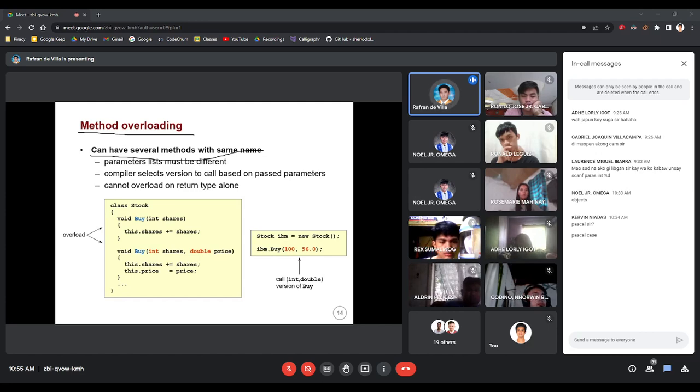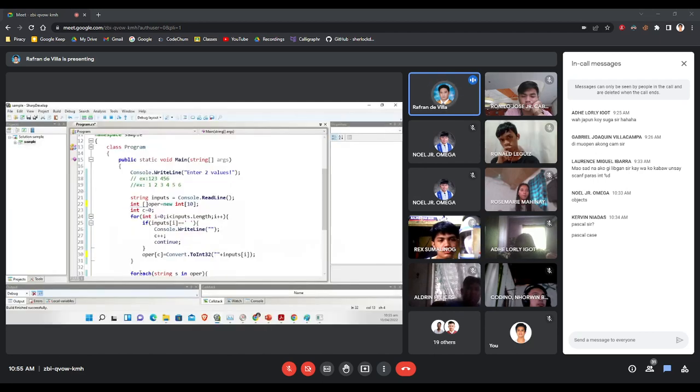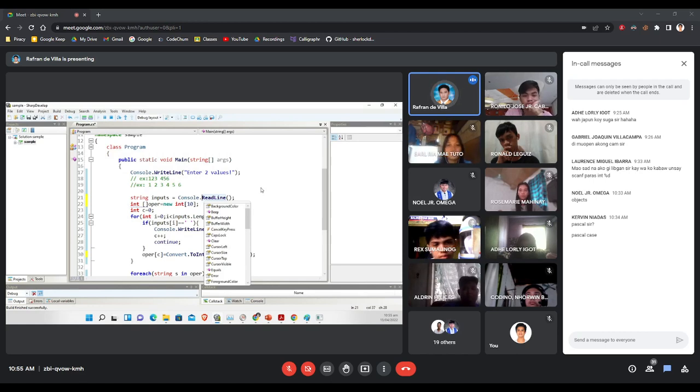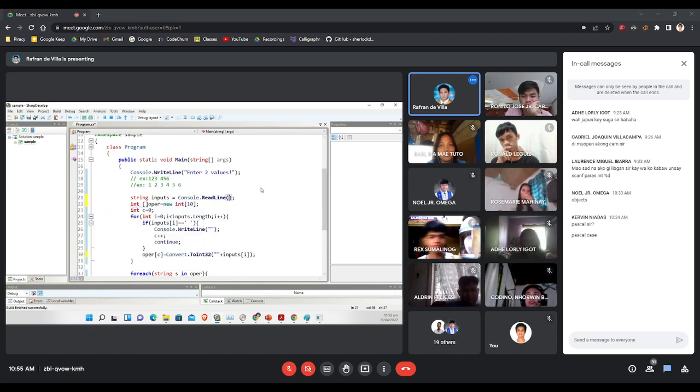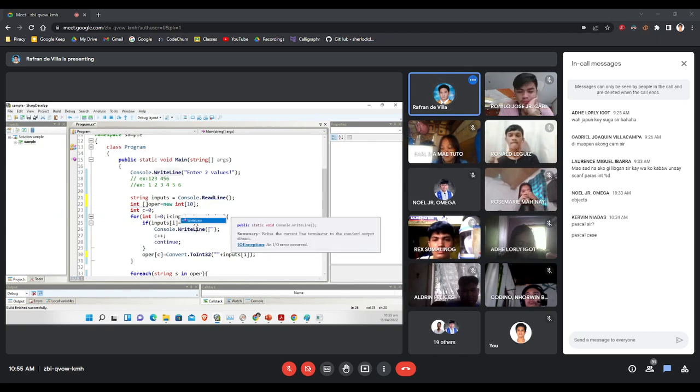And this, guys, is the very reason why if you try to make use of the so-called IntelliSense, let's say, for example, when you use WriteLine,